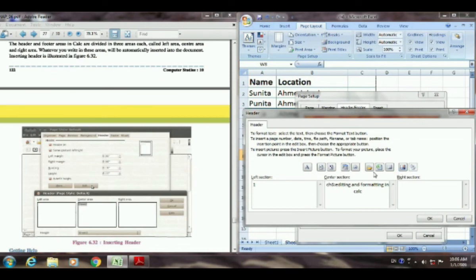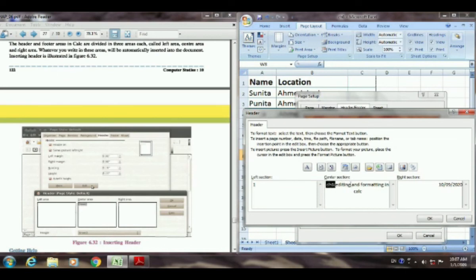Here you can also see that the date option is there. When you click on date, the date will be automatically inserted from there. But I am typing today's date manually, that is 10/9/2020. You may also insert the time according to your wish.